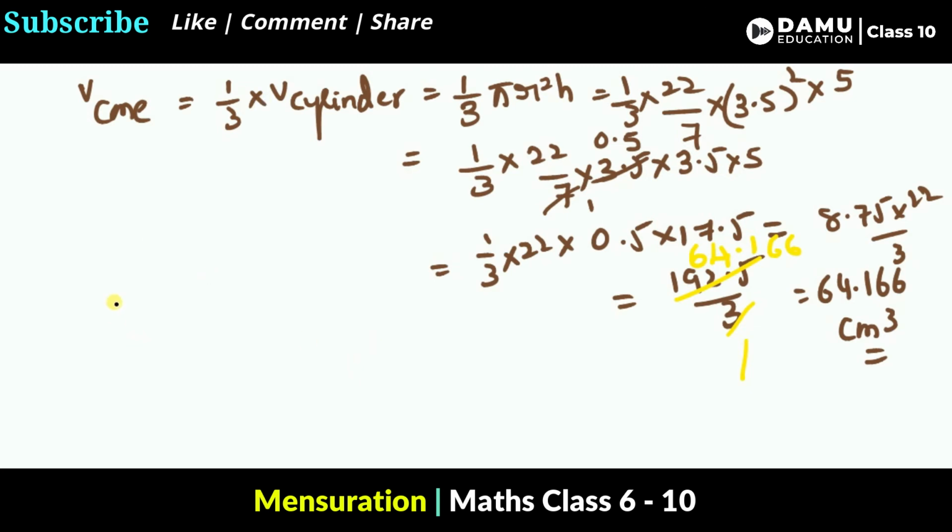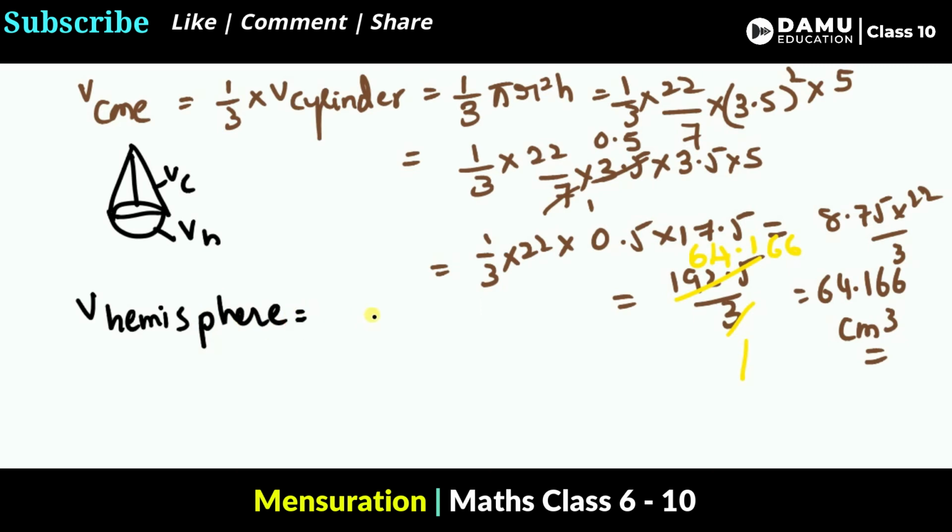We need to add both of those, the hemisphere and cone values. The next one, what is that? Volume of hemisphere. It is a combination, the shape is like this. For that we need to find the volume of the cone and the volume of the hemisphere. If we add both, then only we get the volume of the water left in the tub.